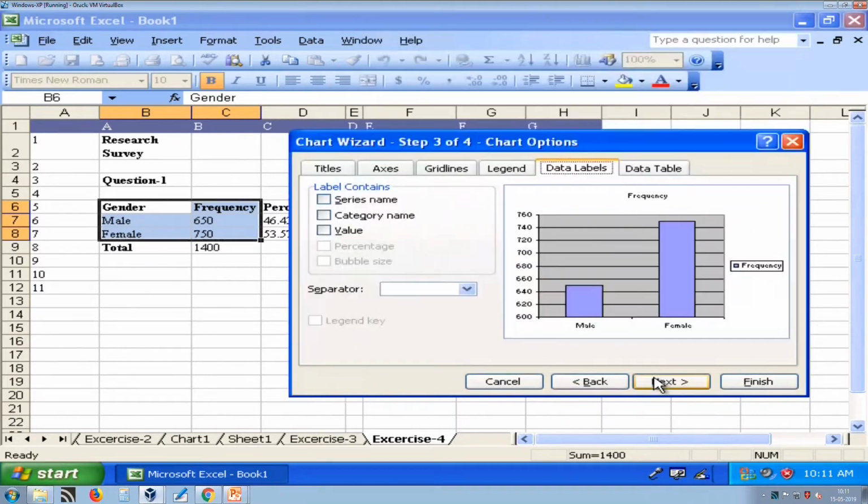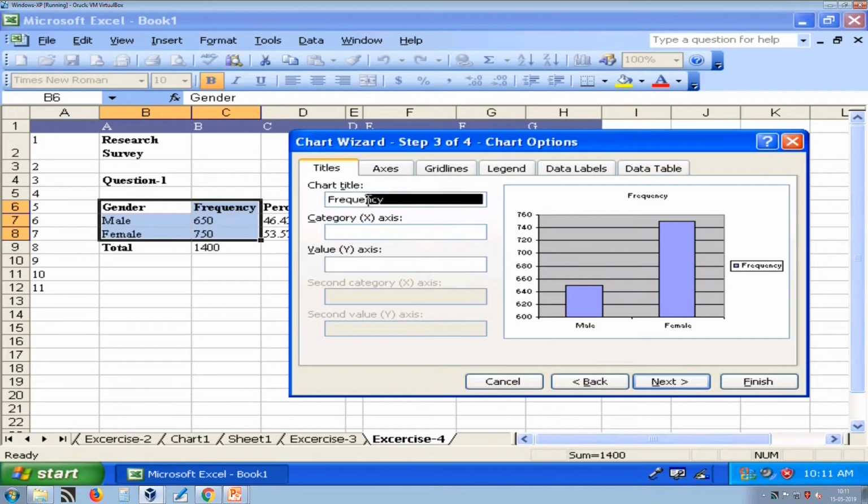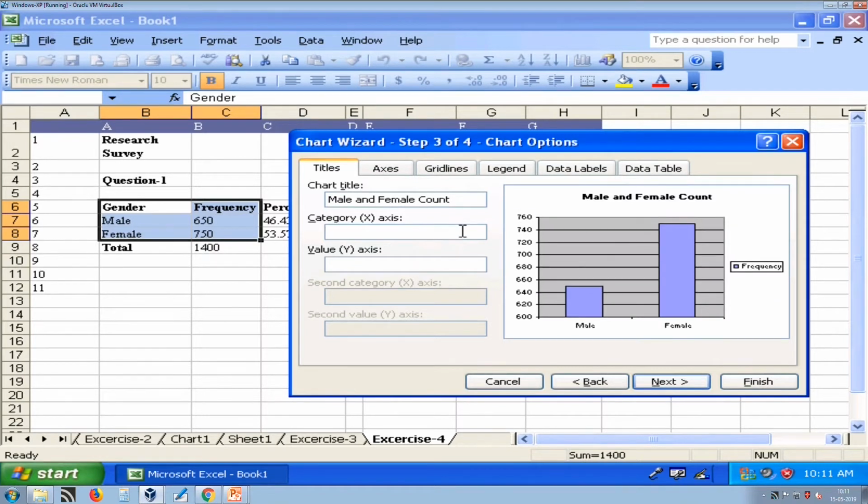Now, press next. Now, we know that in the title we can give male and female count. Ultimately, this represents male and female count.